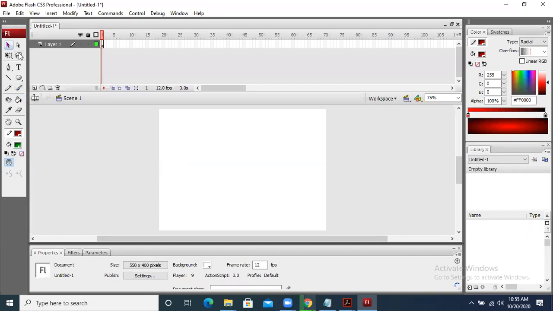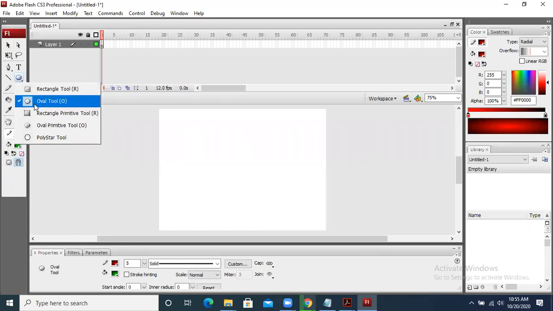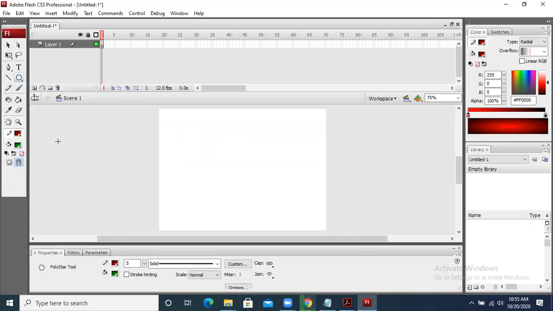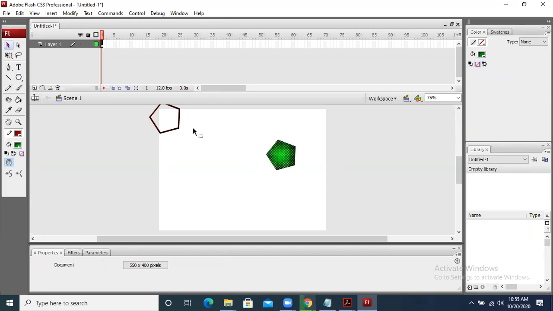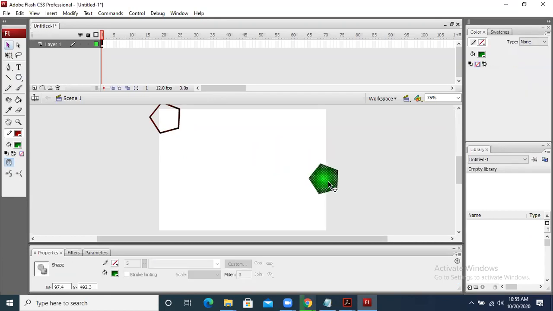So what we need to understand is that we have got this tool, where we can draw a rectangle, we can draw an oval shape, we can fill an oval shape. We have got this poly star as well, which is basically a polygon. Now I have taken the border, since the border is also coming. Can you see this? When I move it from here, the border is left over there. Why? Because I had taken the border as well. So the border is basically a separate thing from the object. That's why normally whenever we are drawing some object, we don't take the border, so that when we are moving an object from here to there, its border will not be left behind and the object will be changed to some other location.